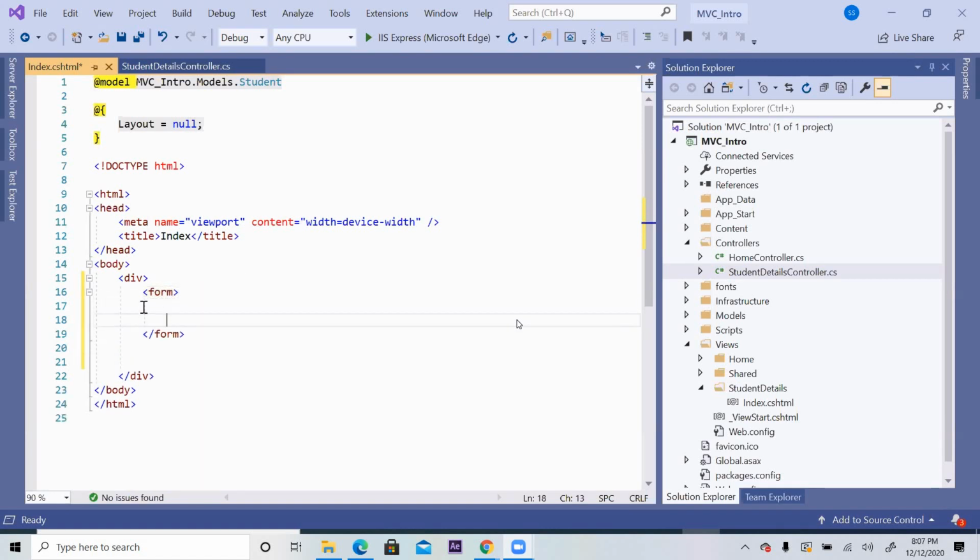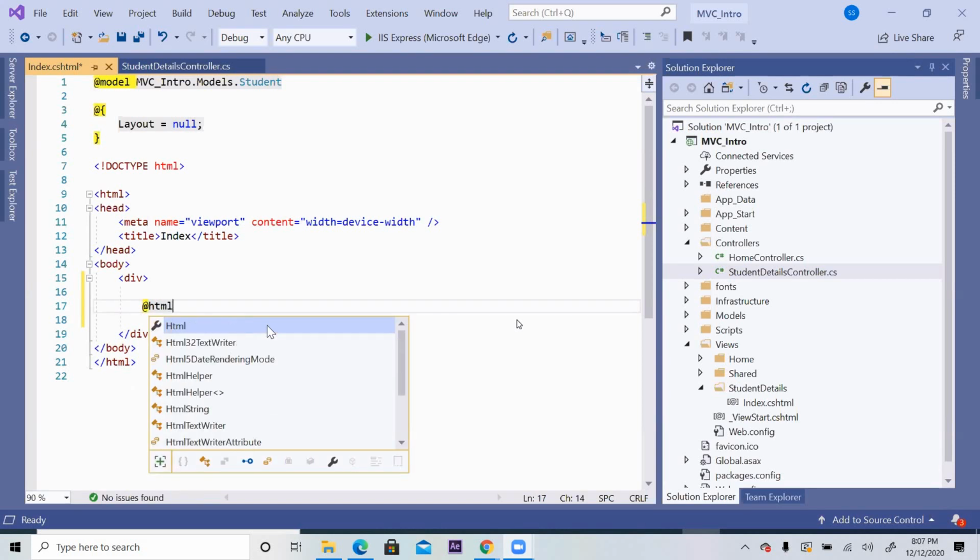Inside this, we used to create whatever the text box, radio button, submit button, whatever. So if I want to get this form from the HTML helper class, that is also possible. You give it like this also, it's okay. Like this, @Html.